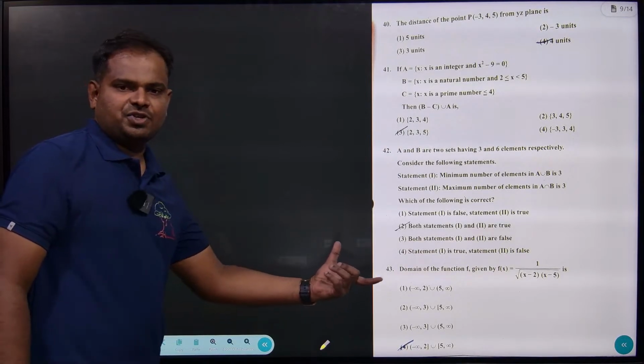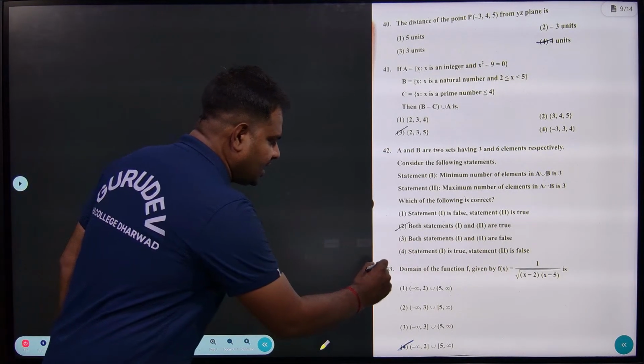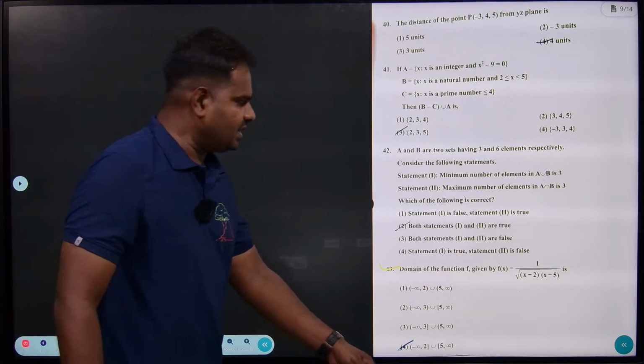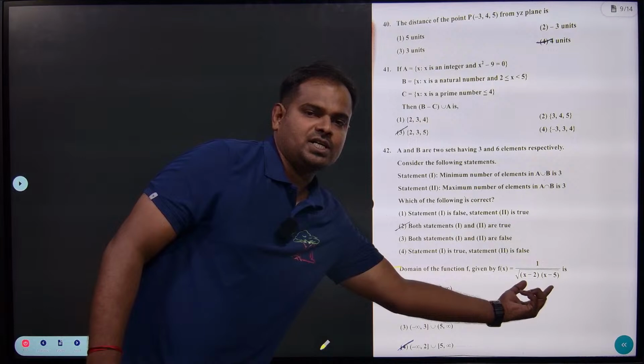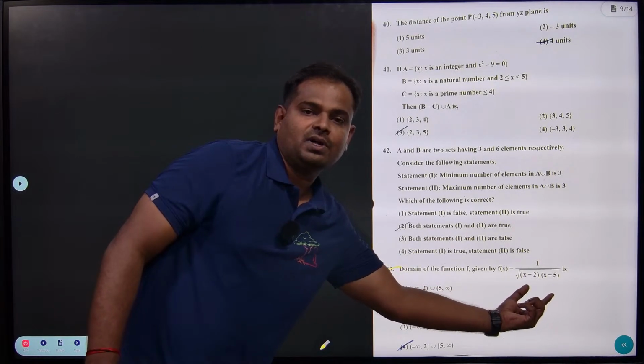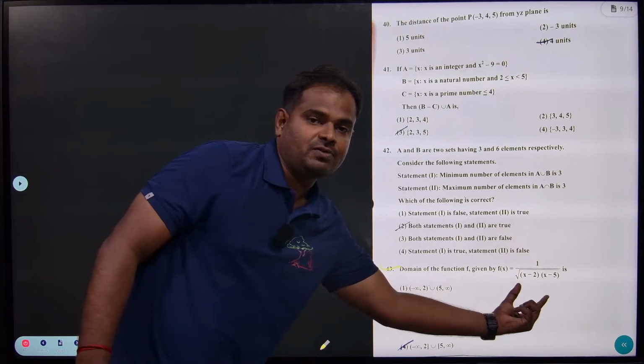Let us discuss the next question, students. Question number 43. What has he given? He is asking the domain. So domain means now under the square root, this should be a positive value. And this should not be equal to 0, because if the denominator value is 0,